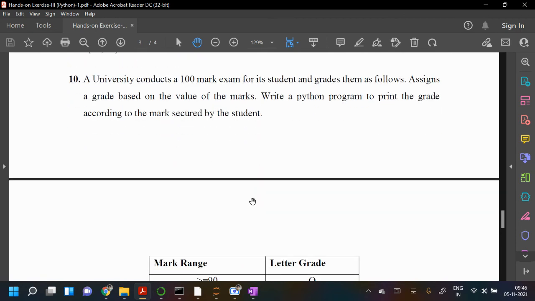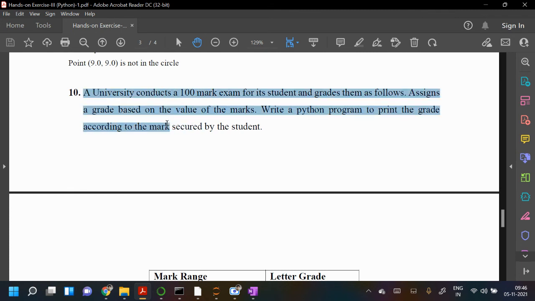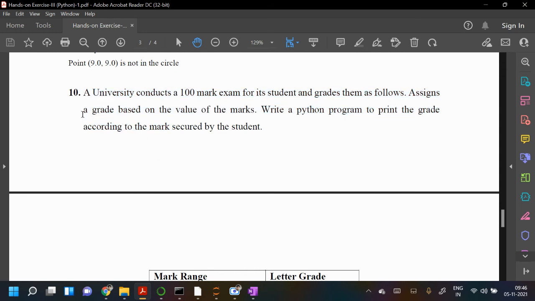The last question in this hands-on exercise: a university has a 100 marks exam for its students and grades as follows. Assign a grade based on the value of the marks. Write a Python program to print the grade according to the marks secured by a student.